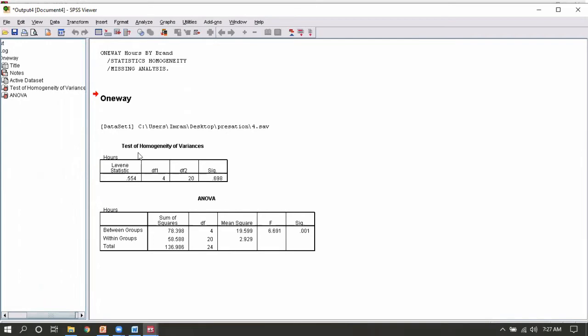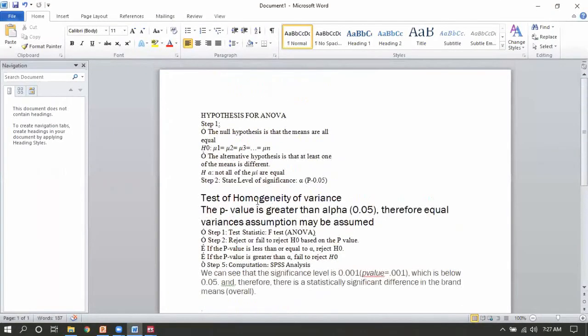You can see the test of homogeneity of variance. There is alpha, and the p-value is greater than 0.05. So we will write that the p-value is greater than alpha, therefore equal variance assumption may be assumed.